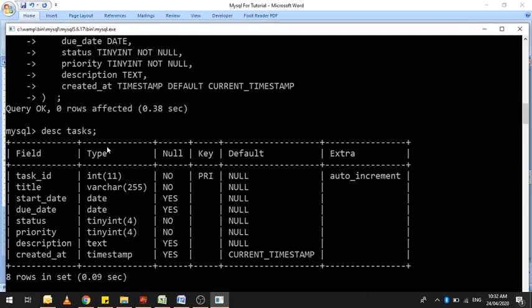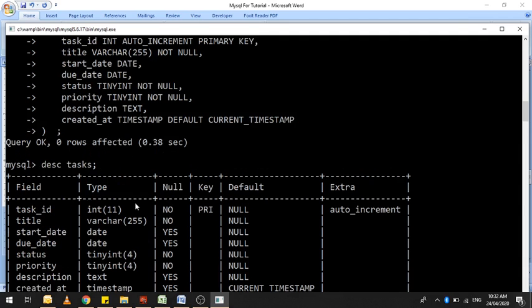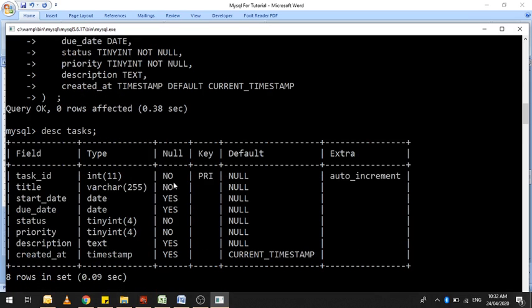Type indicates the data types of the fields which you have specified also. Null defines which column can contain a null value and which cannot. Key indicates which field has been used as a primary key in a table. Task ID is used as a primary key.